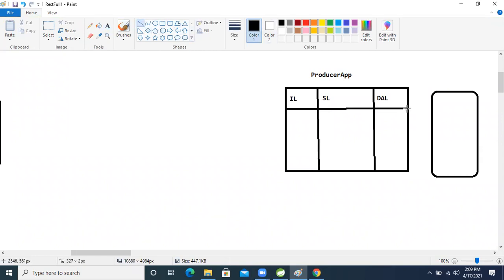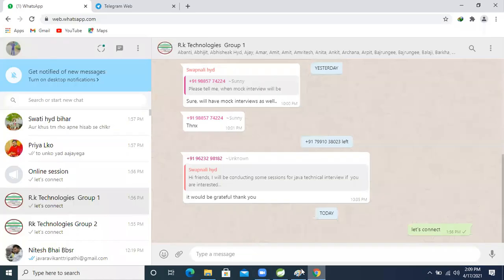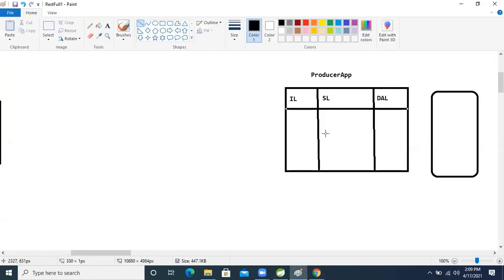Now this is our application architecture, guys. Based on this application architecture, we developed the last application. We developed this application based on this architecture only. This is nothing but a layered application. Our industry is following this architecture to achieve modularity in the application,